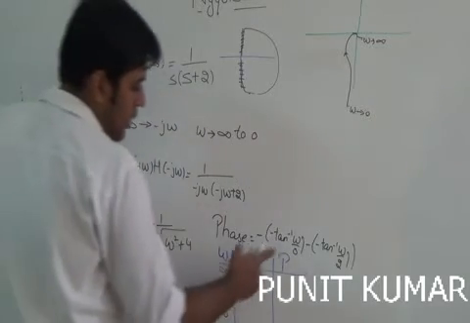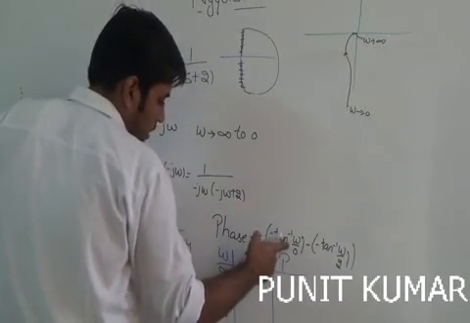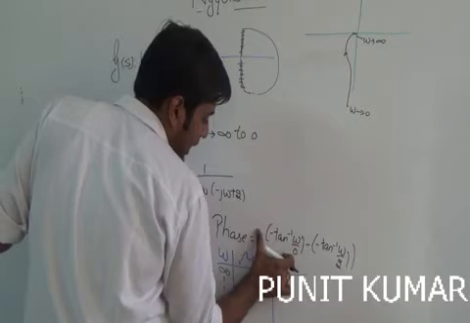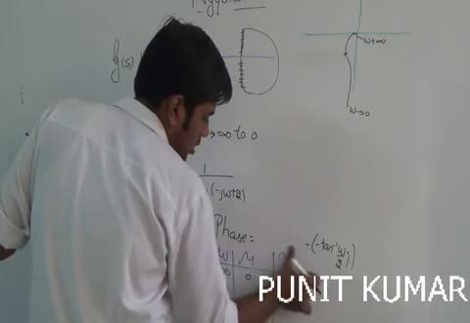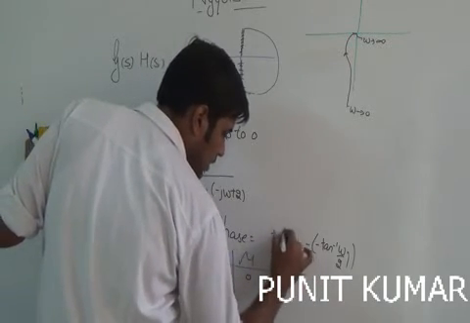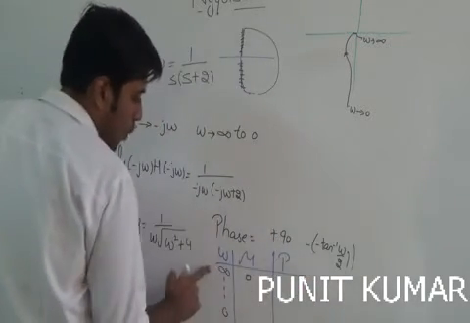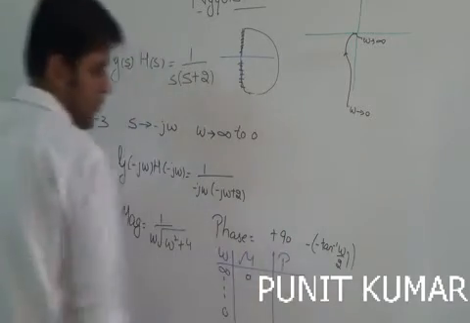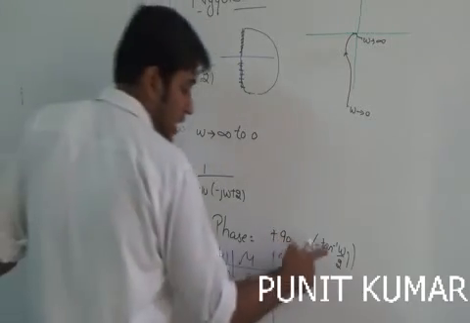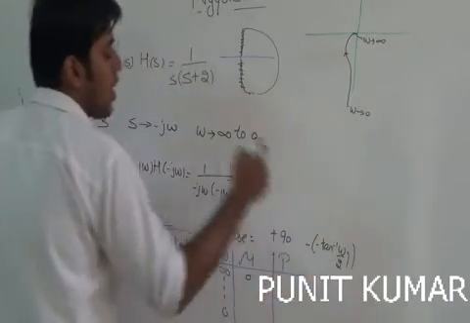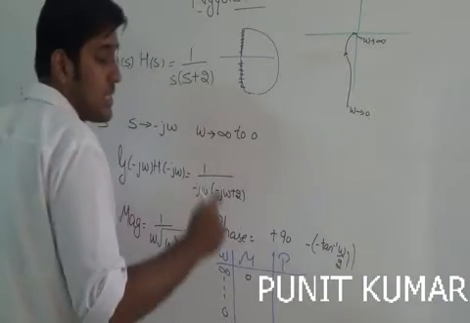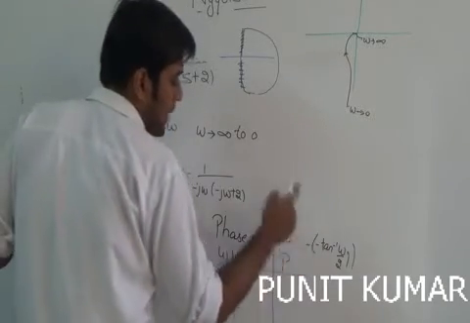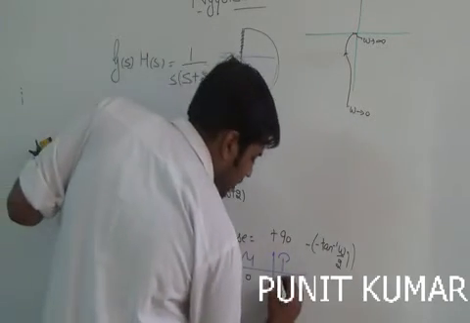Phase of this is already 90 plus 90 at omega infinity. Tangent inverse infinity is 90, so minus minus plus 90, that comes out to be plus